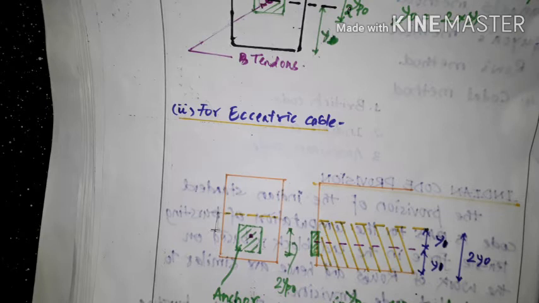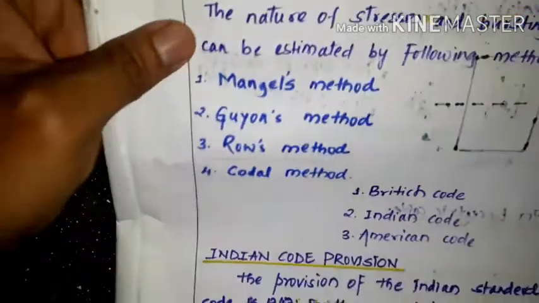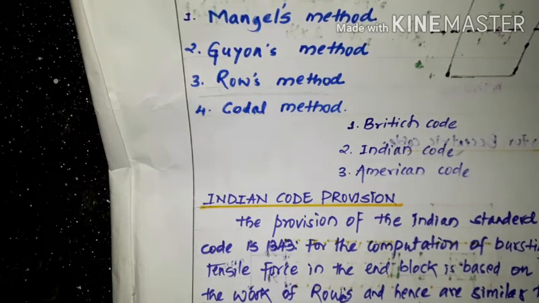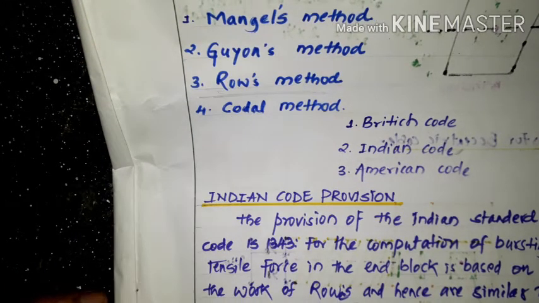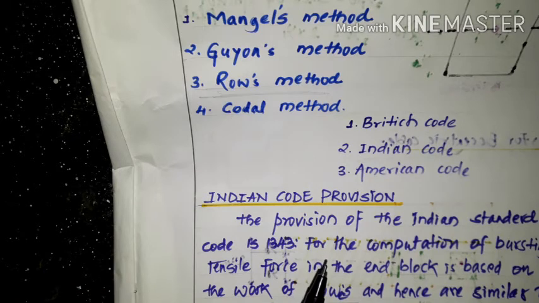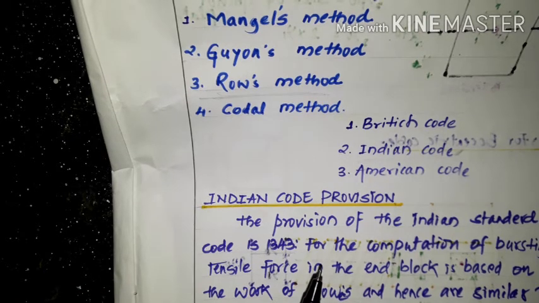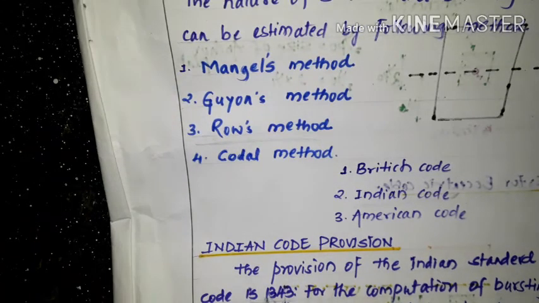Before that, we have gone through this to get the bursting force. So what is the bursting force here? The bursting force is when the cable is pulled and anchored at the ends, the cable tends to contract elastically, and the prestressing force P gets transferred to the concrete beam, and it will develop a compression force. This causes high localized stresses at the ends of the beam near the cable anchor.